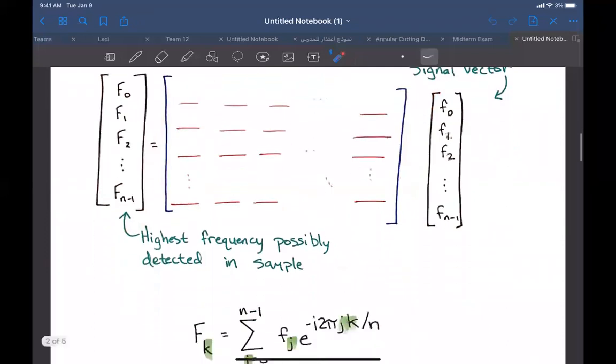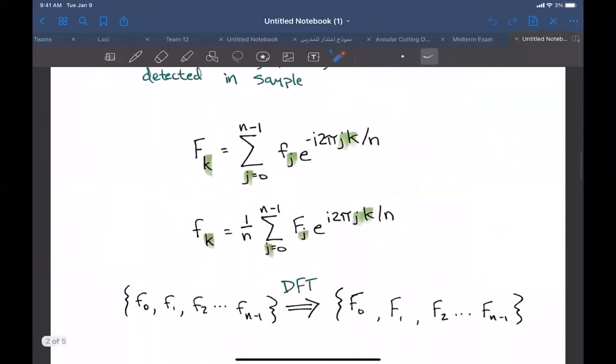And last time we showed what the values inside of the DFT matrix would be. As a review, we determined those by using this equation. This is the discrete Fourier transform equation, where this little f represents your signal and the big F again is the frequency component at the kth sample. Okay, so we sum over j from 0 to n-1, we multiply fj, so any sample of j, by